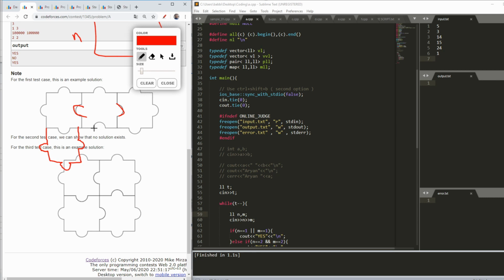If I place it here next, one will go here, and see, it is out. So the next piece placed here should have its in part here, so it will be like this. Okay, see, it is working fine.